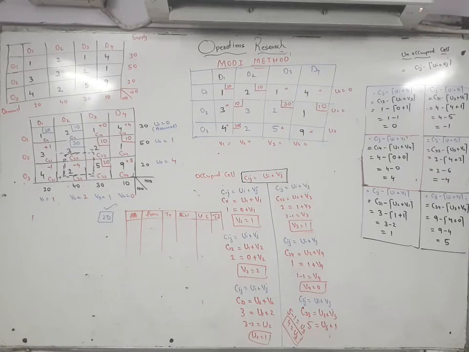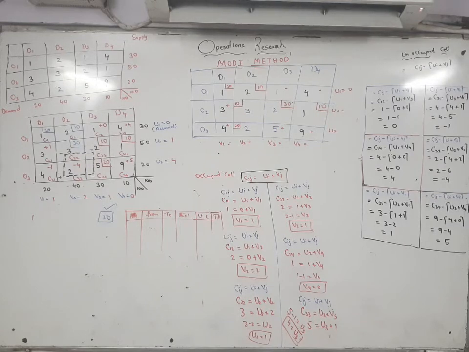Whenever things like these are given, you have to go for allocation, then unallocation. First you have to find the occupied cells, then the unoccupied cells. After all the values are positive, then only you can go for the tabular form. In the tabular form you take location, allocation, and so on. You have to find this with the help of the MODI method.